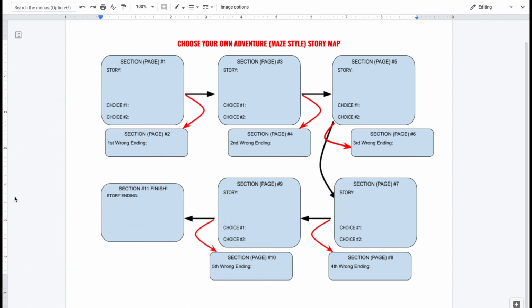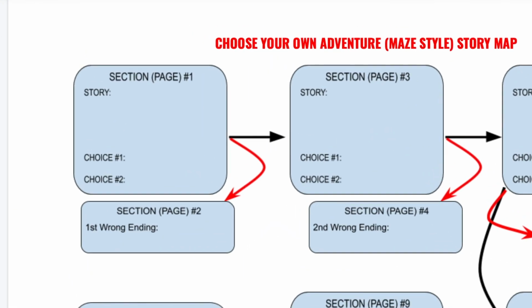Now, before you start constructing your Choose Your Own Adventure story within a Google form, you're going to want to take some time to plan out your story. This is helpful for any story that you're writing, but it's particularly useful when you're doing a Choose Your Own Adventure. The story map that is on the screen is designed for a maze-style adventure, meaning you have two choices after each page. One choice leads you on in the story, one choice is kind of like a dead end